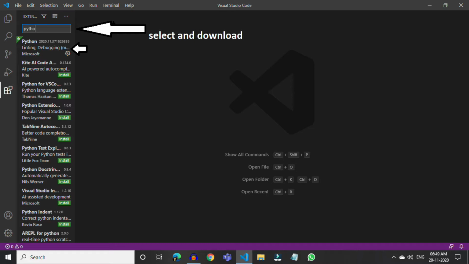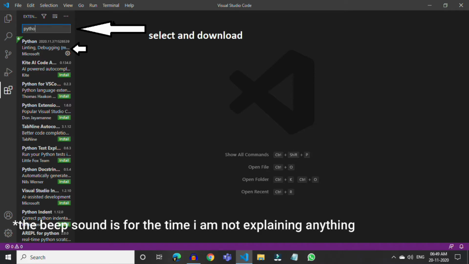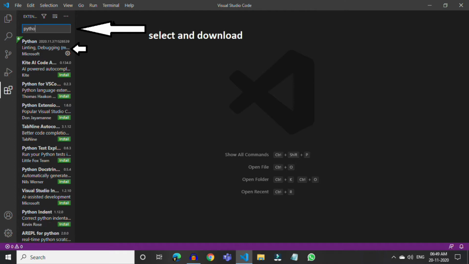Just click on it, and it's going to take you to the page where the Python extension is available. Just download it and enable it. After you enable it, you have to choose the Python which you downloaded as your interpreter. We have to do these settings only, and after you do that, we are good to start with Python.